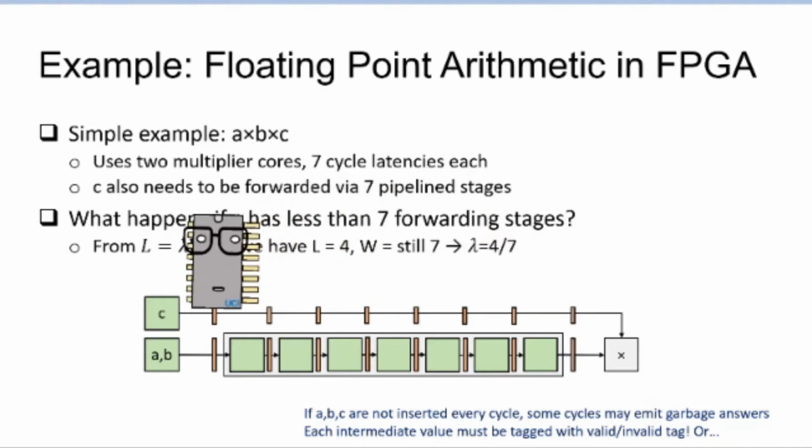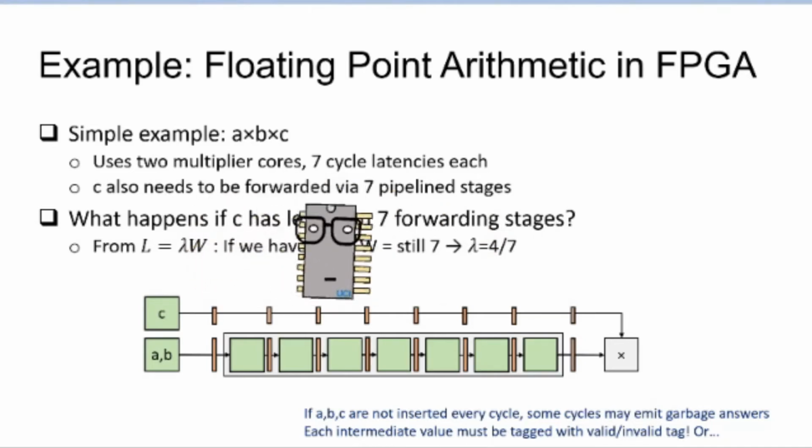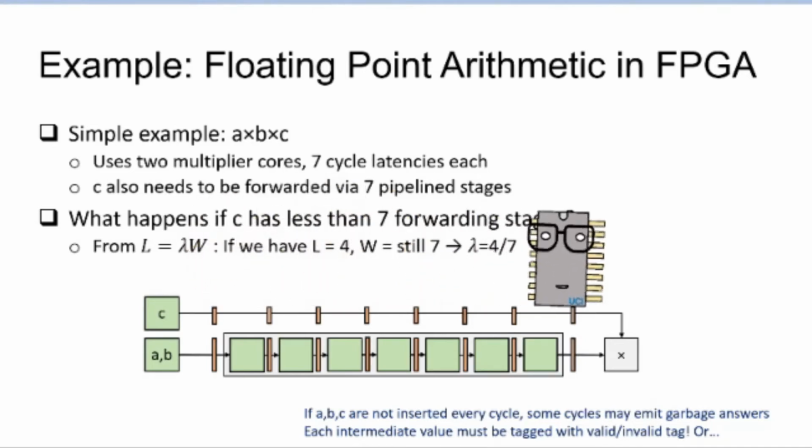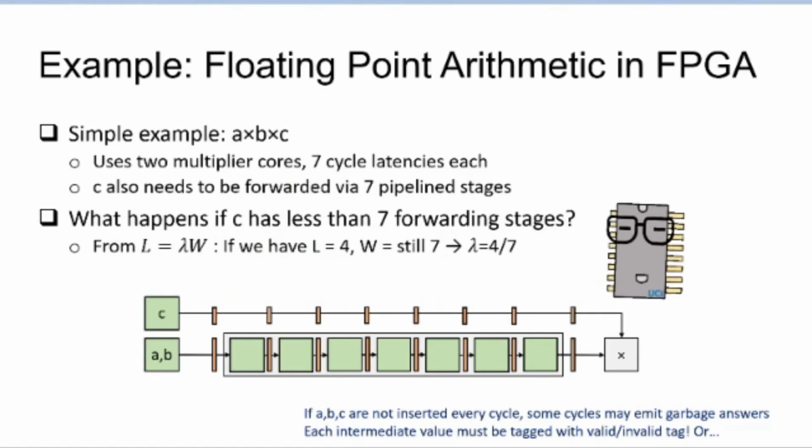So the C's path also needs to be forwarded via 7 pipeline stages. We'll show how to do this in BlueSpec. It's actually fairly simple to do this in BlueSpec